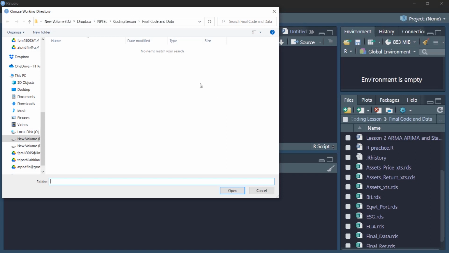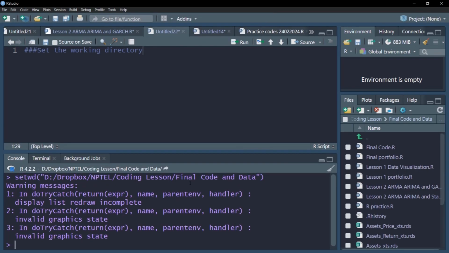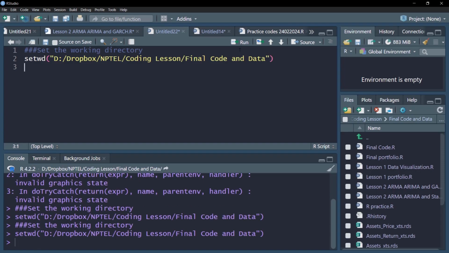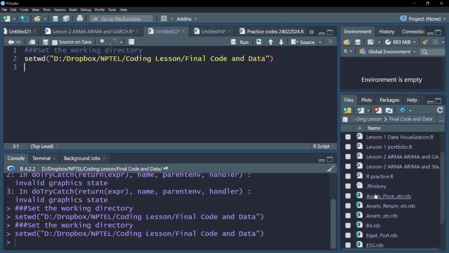Now I have already set my working directory where all my data and required files are there. So I'll just click on open, and a command will appear on my console window here. For future reference, I can copy paste this command here so that even if I may forget the exact location, I can see this and just run control enter, or by running this command pressing run. Either way I can press control enter or run this command, and then all the relevant files will appear on my file tab here.